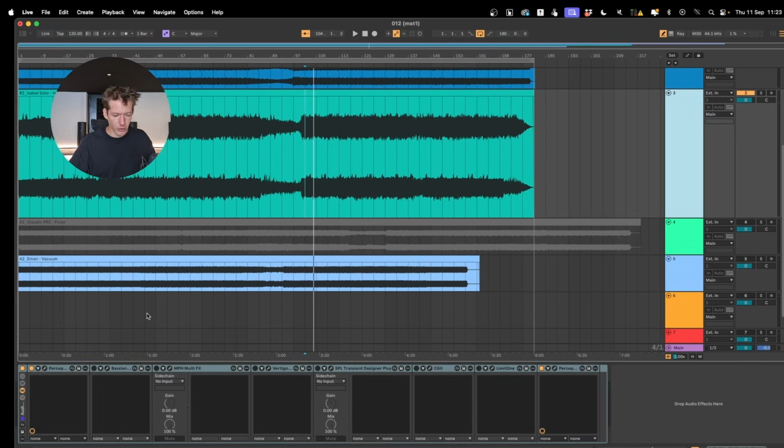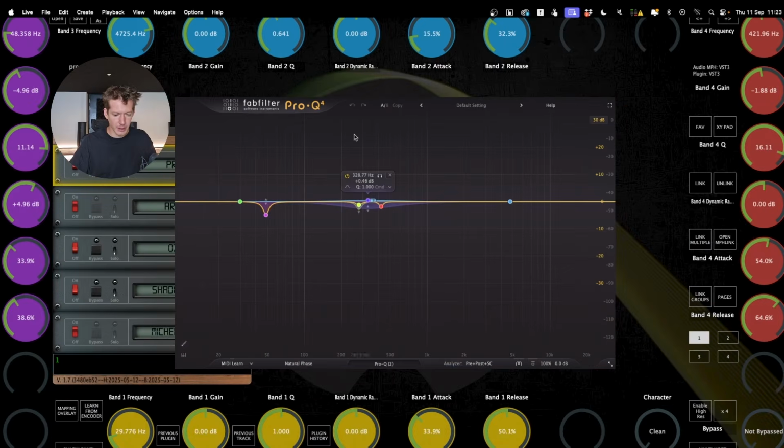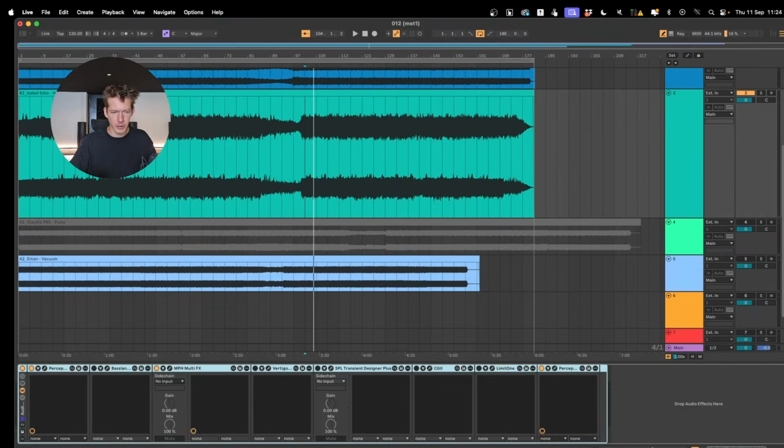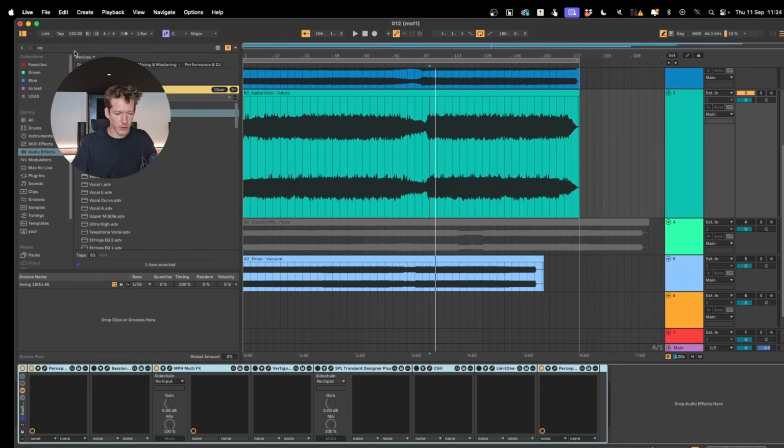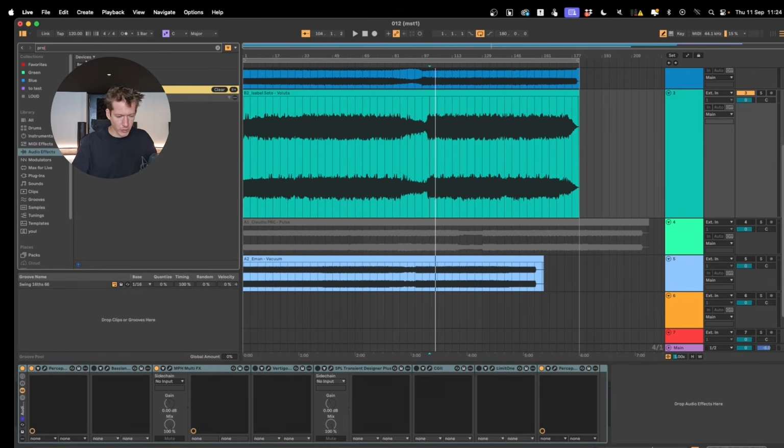And my go-to EQ, I have MPH is for my MIDI controller, but I'm not going to use this. Otherwise, you won't see the mouse knobs, because this is all linked to my controller. So I'm going to go a bit old school, but it's not a problem. Pro Q4,